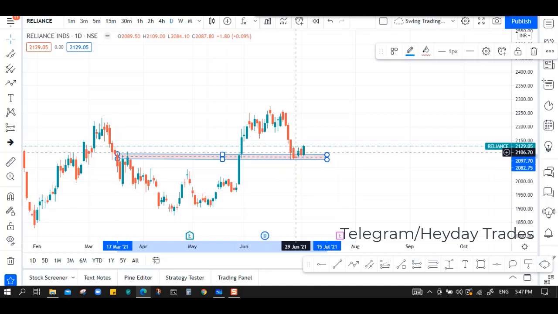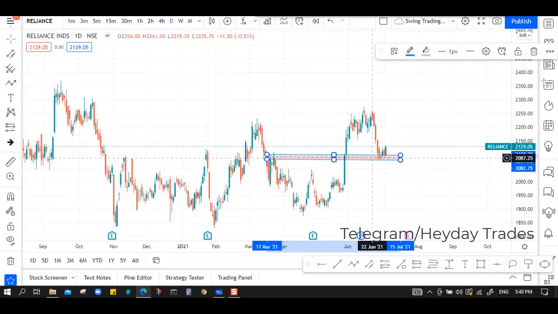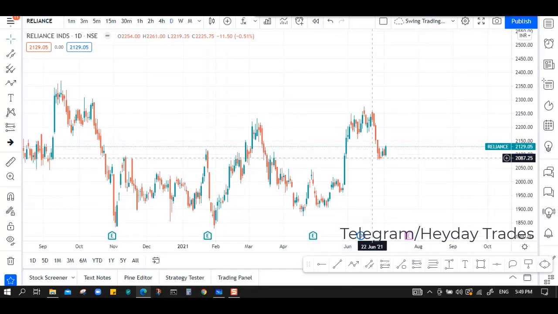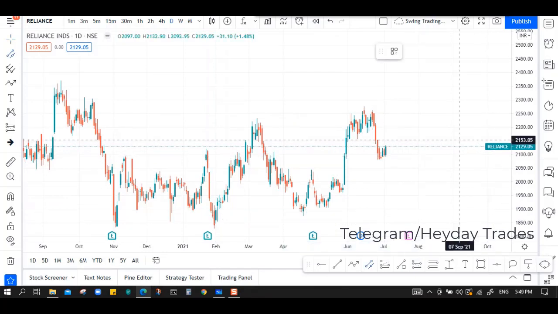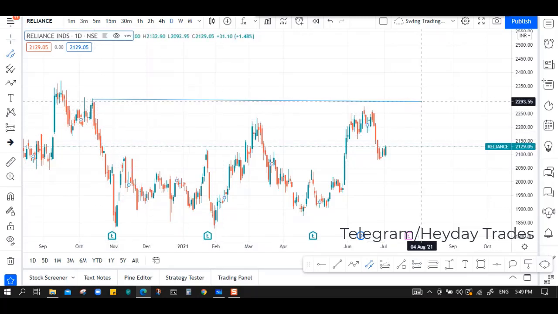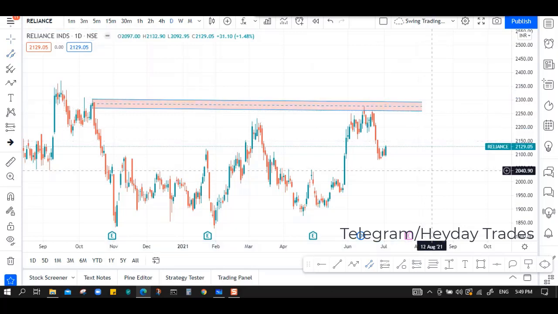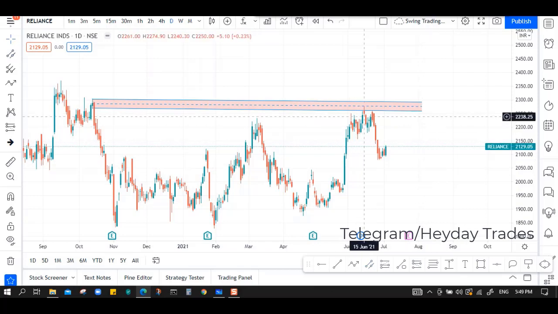To draw the supply or demand zone, you just look at the left side and identify the support and resistance levels which were broken earlier. So here we can draw the supply zone also. People who watched our earlier videos can easily identify the supply zone. The market fell from here, right? So this is our base candle, and this is my supply zone. Am I right? So the market tested here.